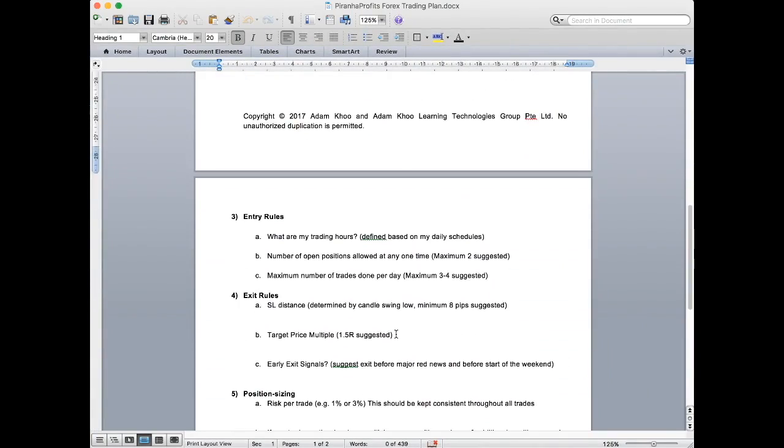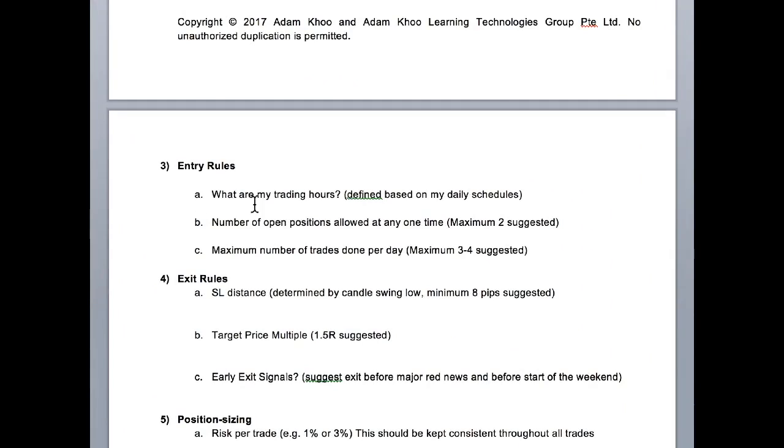All right. Next, entry rules. Okay, so write down what are your trading hours. Now, it's always best to define your trading hours, and it should be a time when you are free consistently. So you could say, for example, okay, every morning when I wake up,